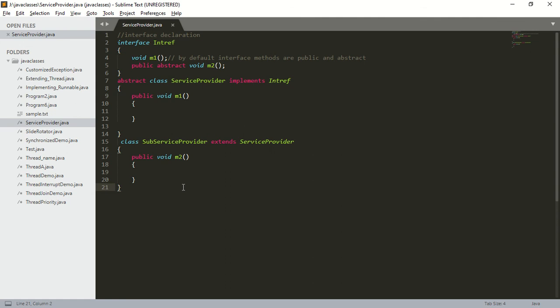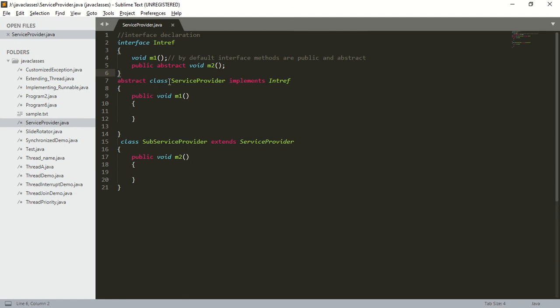So how do we define or declare an interface? An interface can be declared using the interface keyword followed by the name of the interface. What should the interface contain? An interface should contain a set of services, that is, a set of methods. Next, by default all the methods in an interface are public and abstract. Even though we are not specifying public and abstract, all the methods are by default public and abstract. Next, who is responsible to provide an implementation for the interface methods? A class is responsible to provide an implementation for the interface methods.